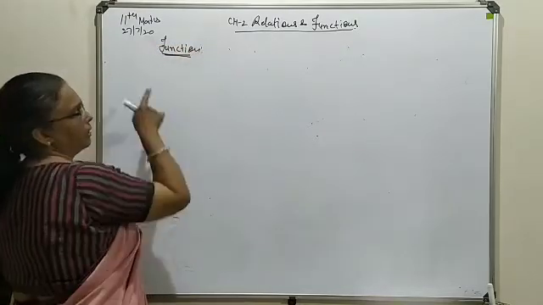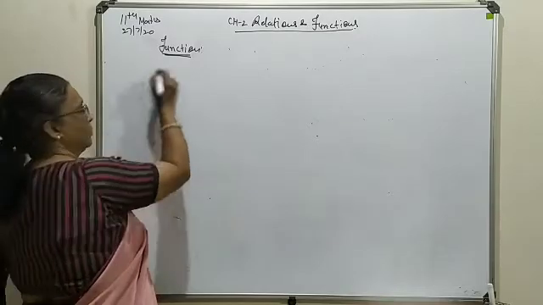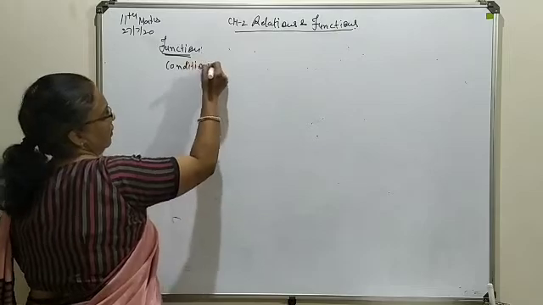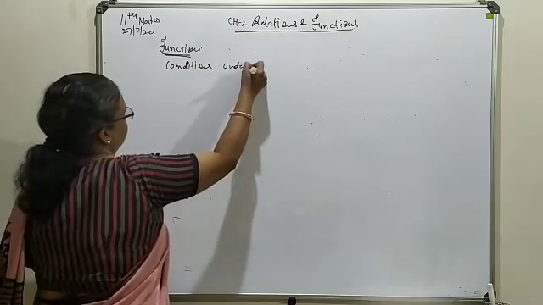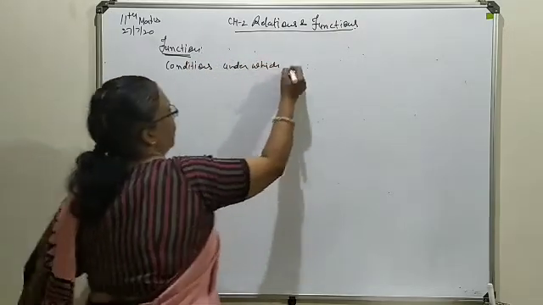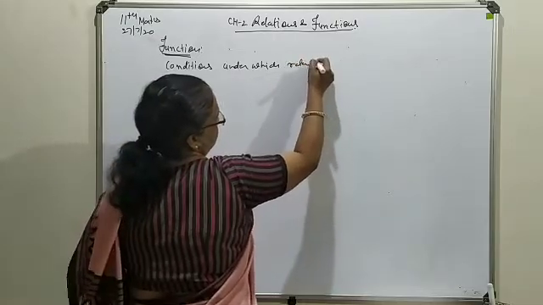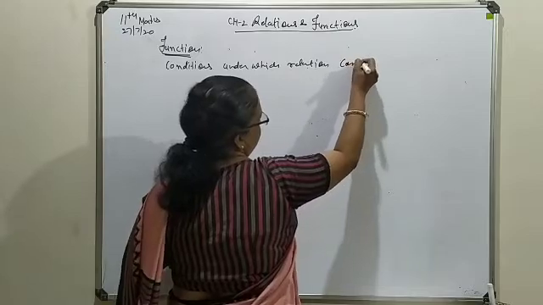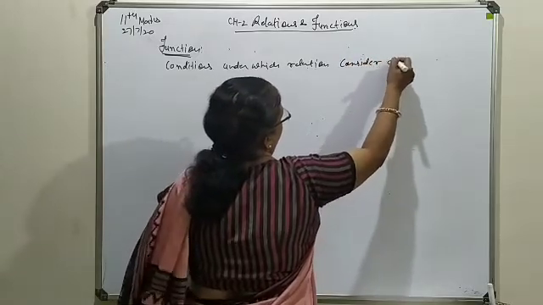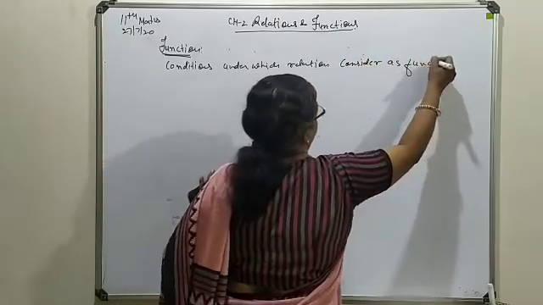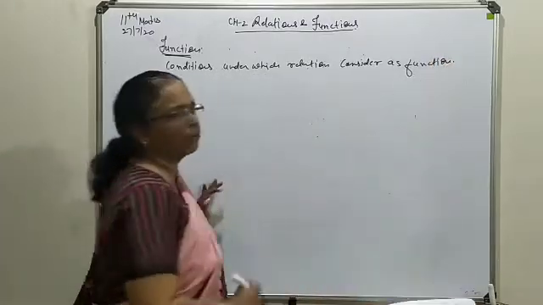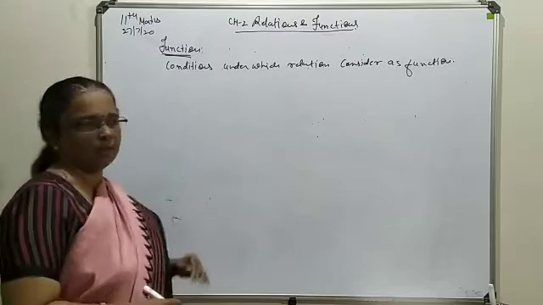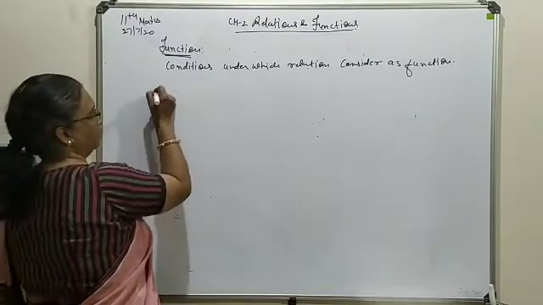Let me make it clear. First we are going to discuss the conditions under which a relation is considered as a function. There are two conditions under which your relation can be considered as a function. First is